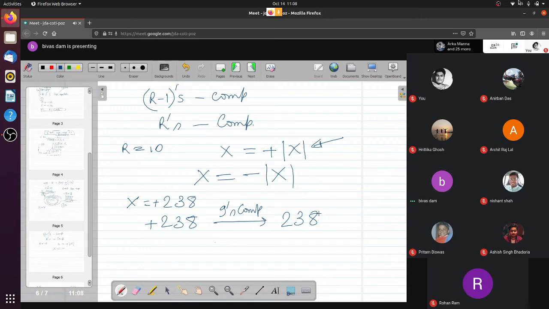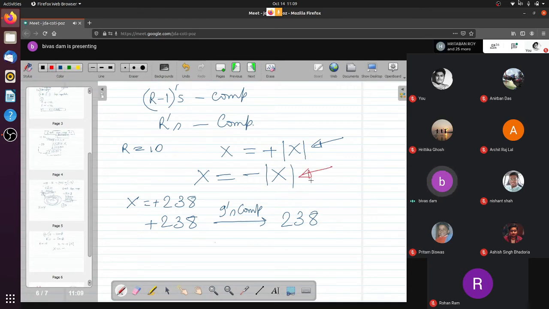Is it clear? If the number is positive, then the 9th complement or 10th complement of the actual number remains the same. There will be no transformation or no change of the digits required. But if the number is negative, that means